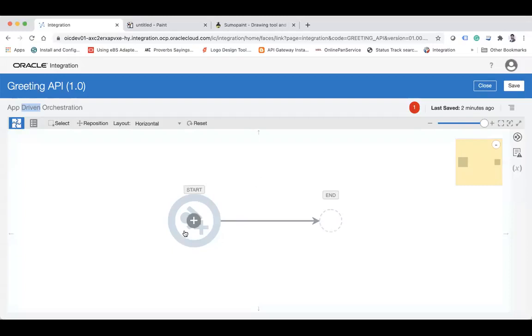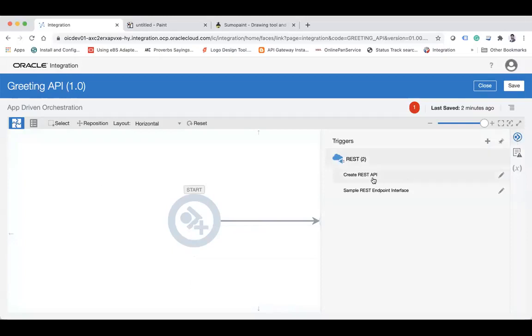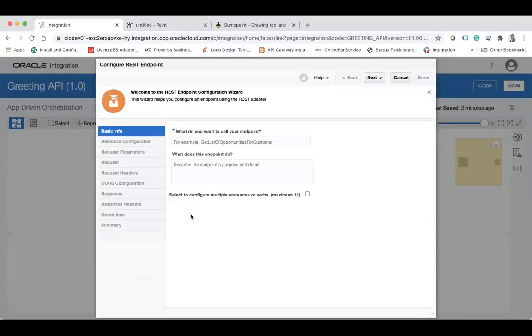Now I want to create a REST API. So in order to create a REST API, I will drop the REST adapter here, which I have created. You can either click inline plus and choose your adapter, or you can simply expand it and then drag and drop. Whatever option you want to choose, you can choose it. Whenever you drop the adapter, whether it's on the trigger or on the invoke point, one wizard will be opened,